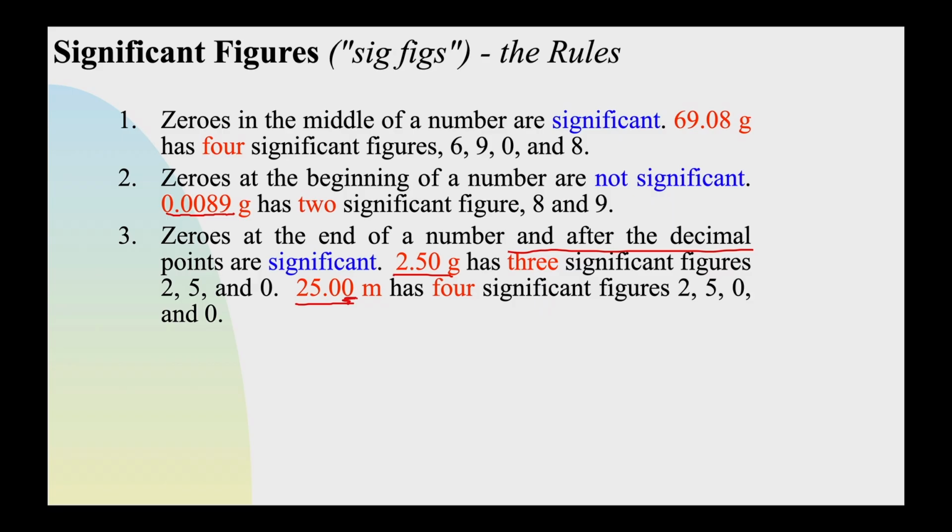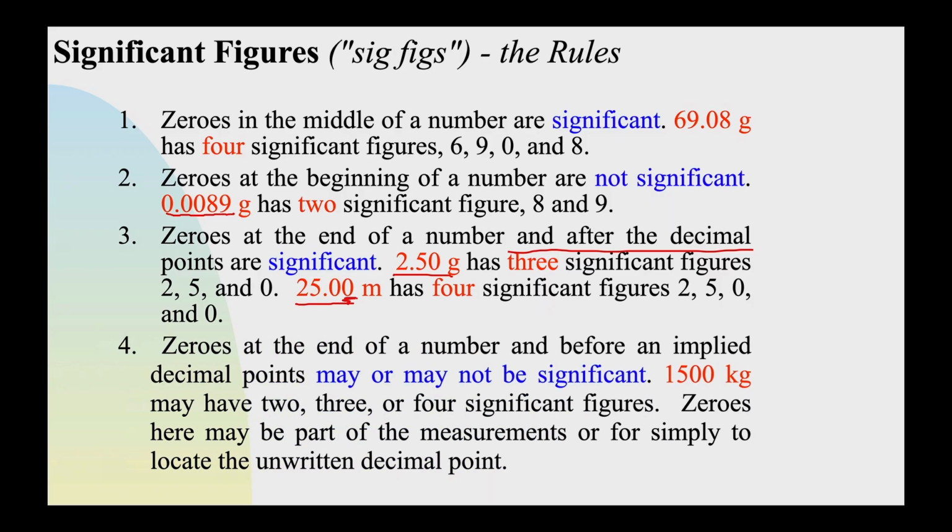2.50, it would be plus or minus 0.01, etc. The zeros, though, that are after a non-zero but before the decimal, they are tougher to know. All right, so here's an example of that. 1,500 kilograms. Probably only the non-zero numbers are meaningful, so I think that would be a 2 sig fig